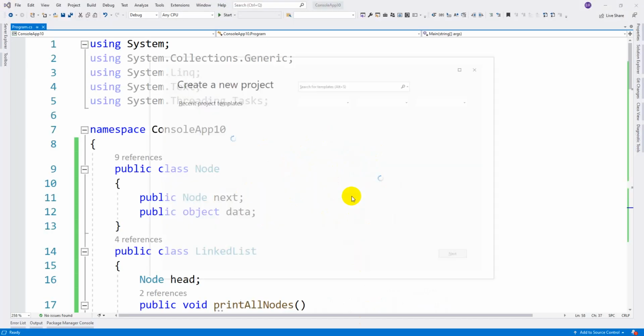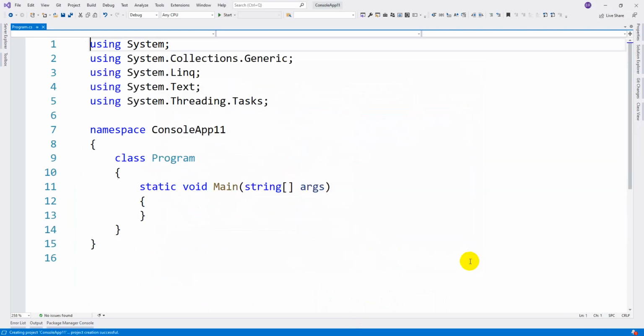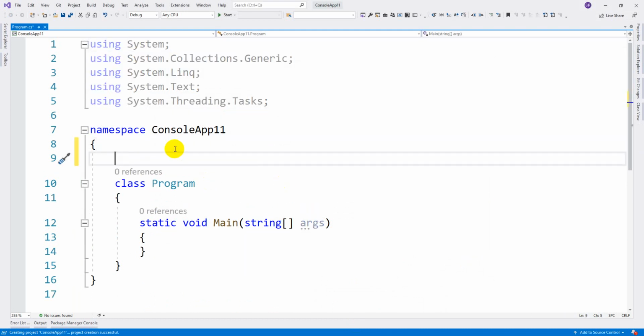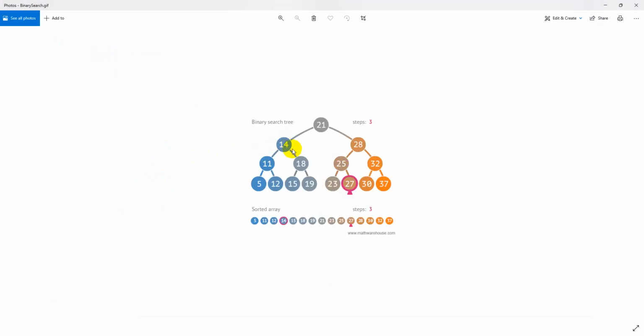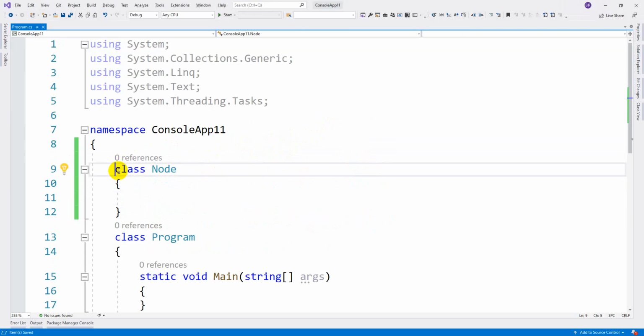Let me create a new console application. The program will be a bit lengthy, guys, but try to understand. It is a very simple program only. First let us take class Node. Node in the sense, here this particular element can be called a node. In this node, compared with the previous linked list, you will have different elements.